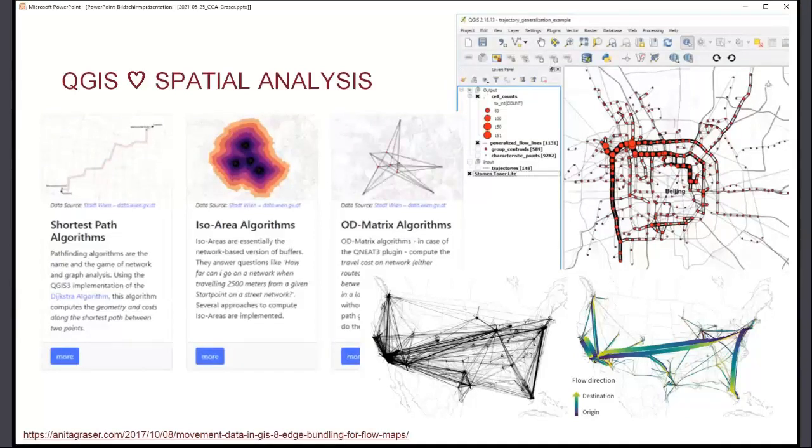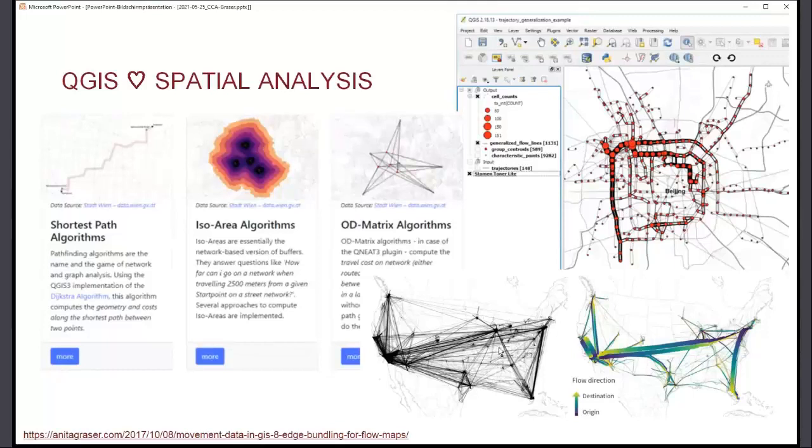But there's also a lot of plugins that will calculate these values, or which will fetch the information from web services. They might be using either OpenStreetMap-based web services such as Open Route Service, or it might be using services provided by, for example, HERE for creating these catchment areas. And there are also other algorithms, like I mentioned before, the edge bundling, which turns the